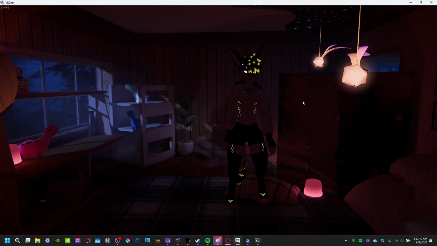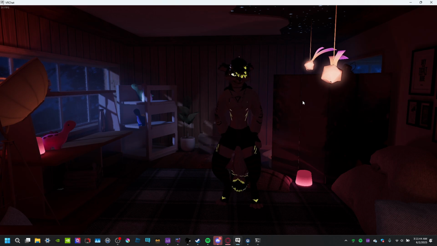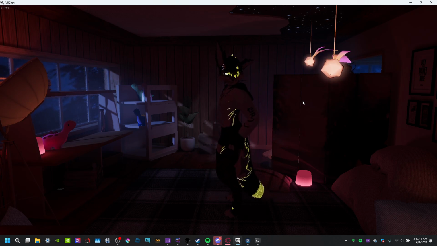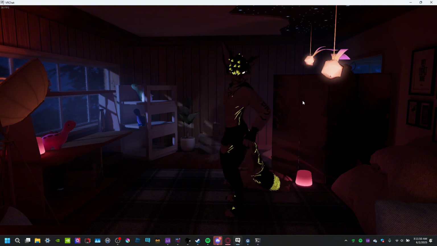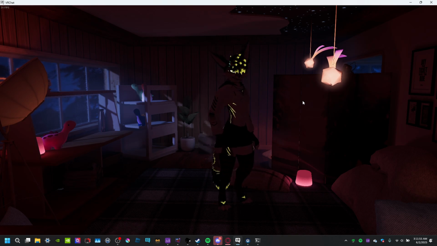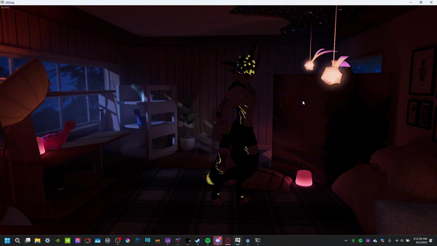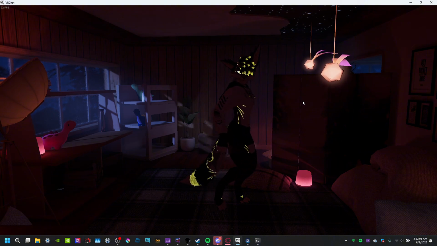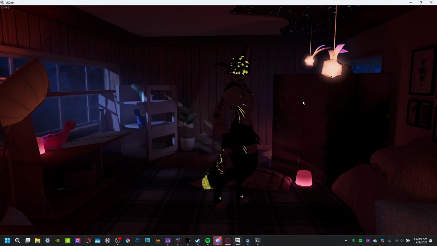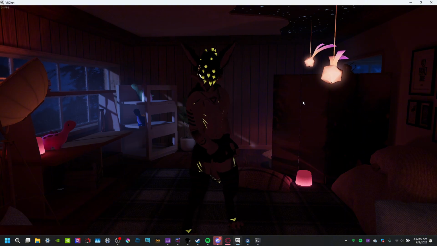If I bend down like this, my toes will lift up just a little bit. It's fine with this avatar, but in certain avatars it looks a little funky. Or if I just move my foot up like that, the toe looks down. It's a little funky, but it's a personal preference. I recommend that if you have foot trackers, just use it. This is what it looks like without